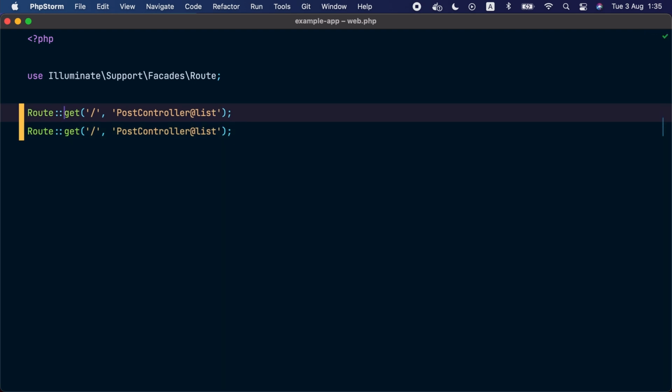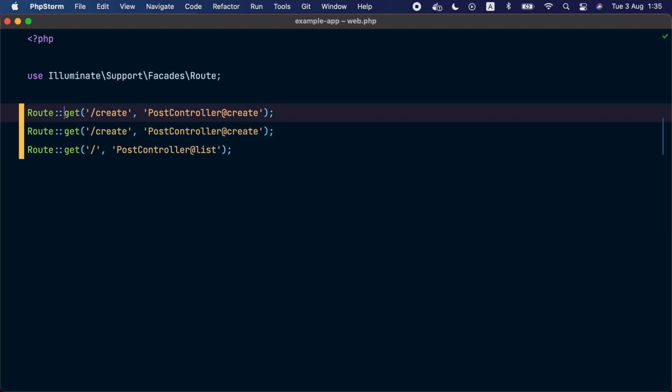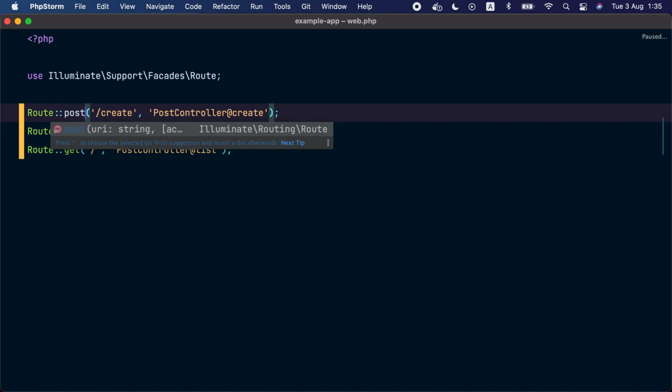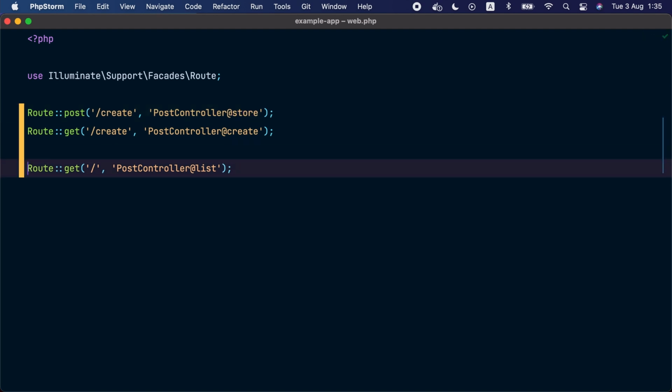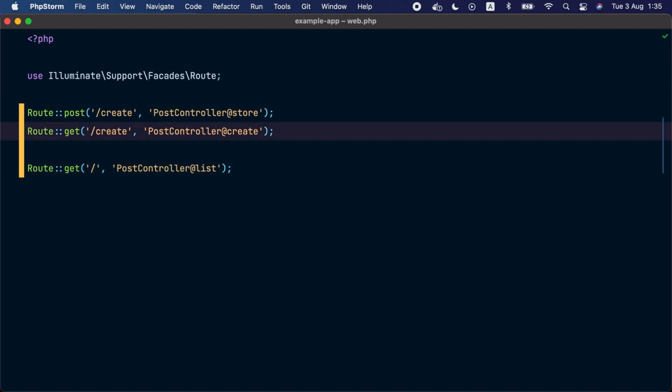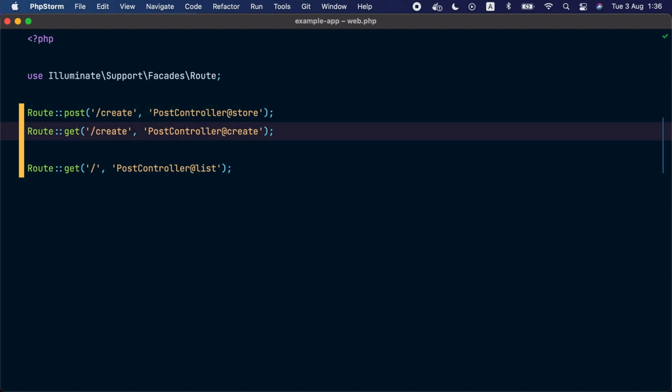We will need another route for the create post form. This one will be /create, and it's going to trigger the create method. Another route that responds to the post HTTP method, and it will trigger the store method on the post controller. So now we have the route that will list all posts, and the route that will show a form where you can create a post, and another route that will actually handle the form submission